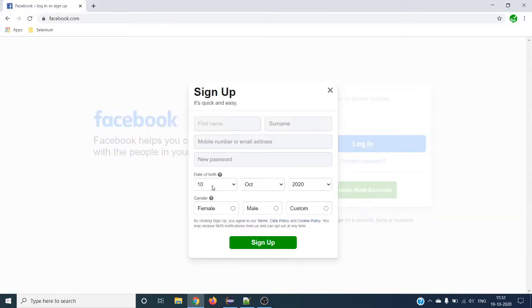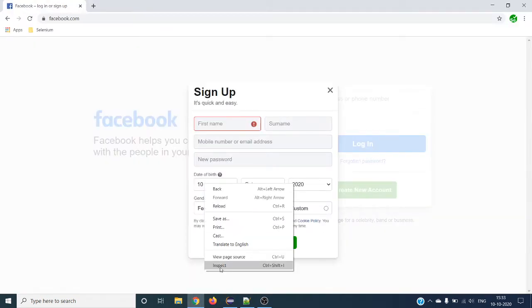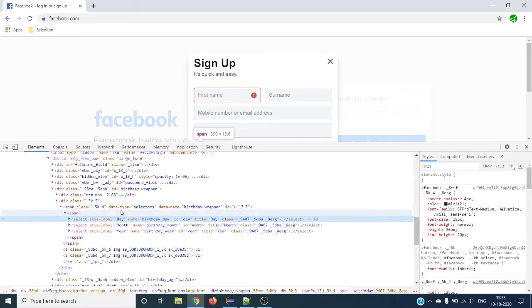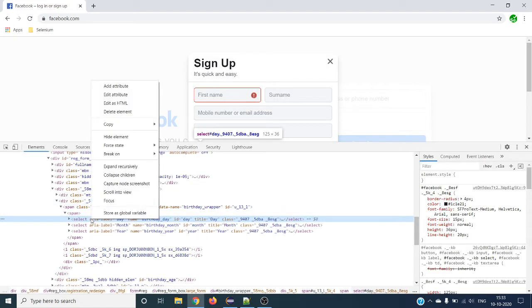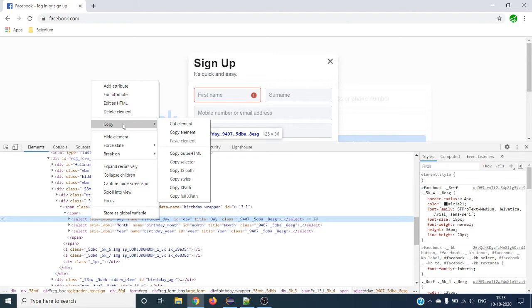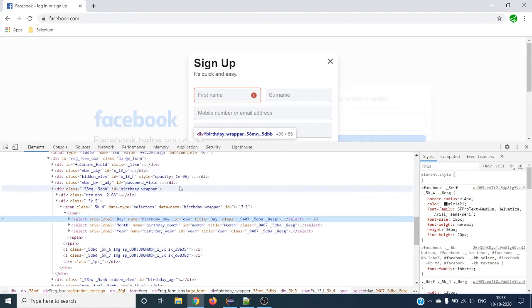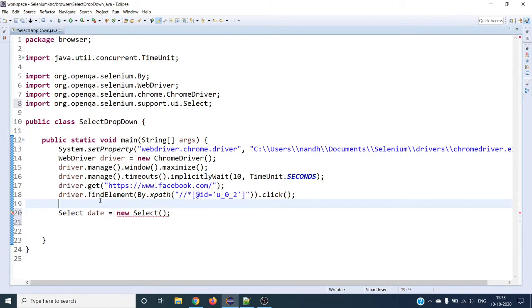So first one we are going to handle is date. So right click on this, inspect. So this is the element. So right click, copy XPath. Before that, let's find that element. findElement by XPath. It's a day. Right.